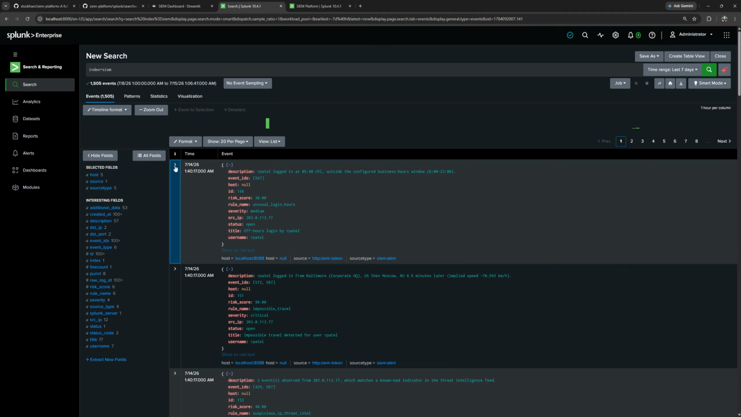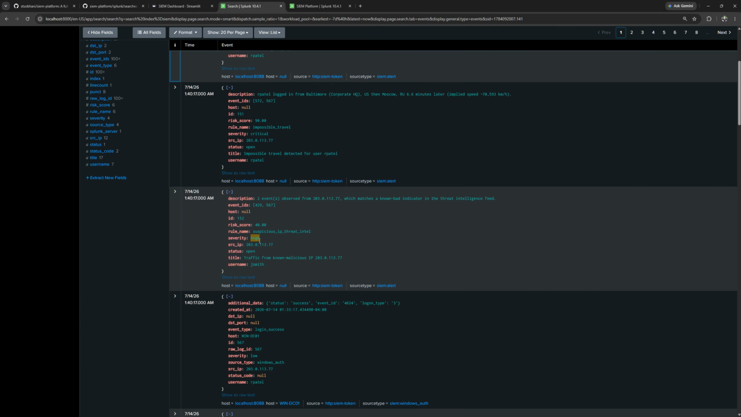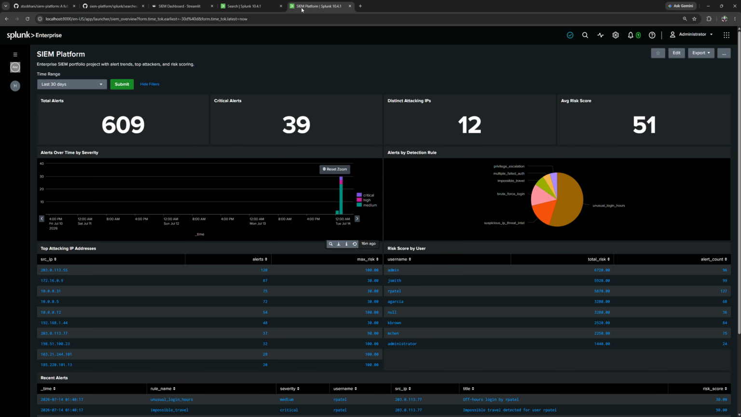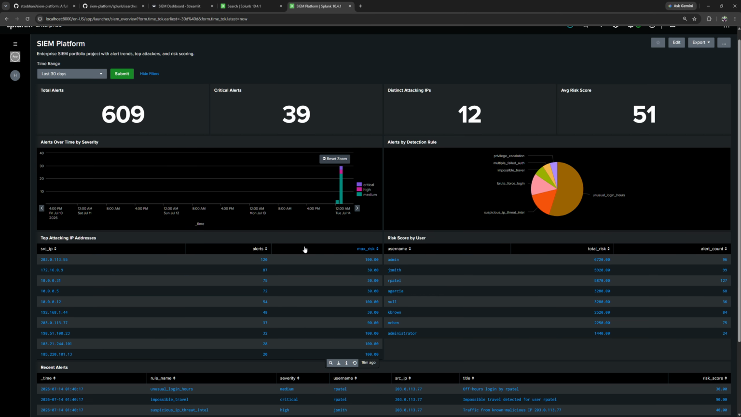You can filter and you can see the different data for each of the different time logs and the different IPs. You can see the risk score, IDs, descriptions, and all sorts of things. And then also, we have the platform right here that I created, which displays the total alerts, critical alerts, distinct attacking IPs, average risk score, and detection rule, and all these other data that you can see and hover